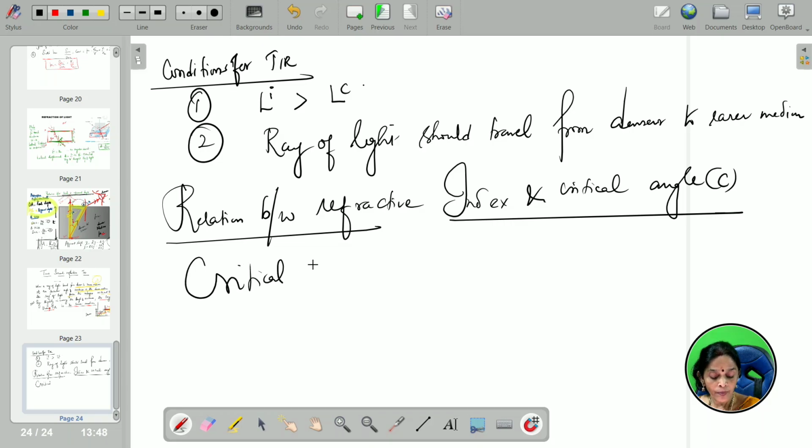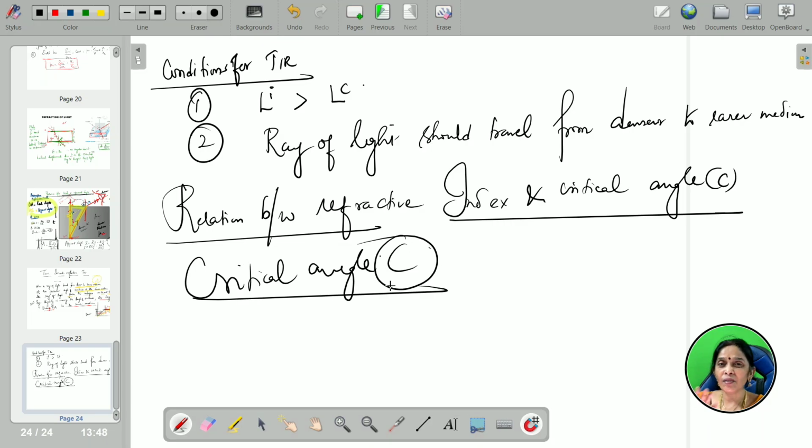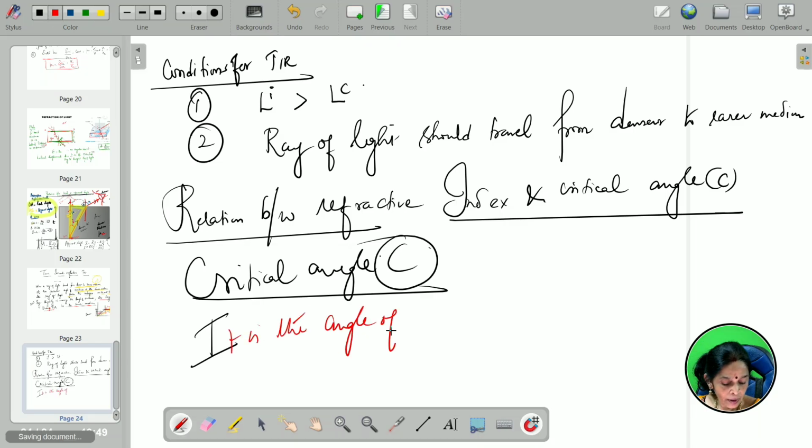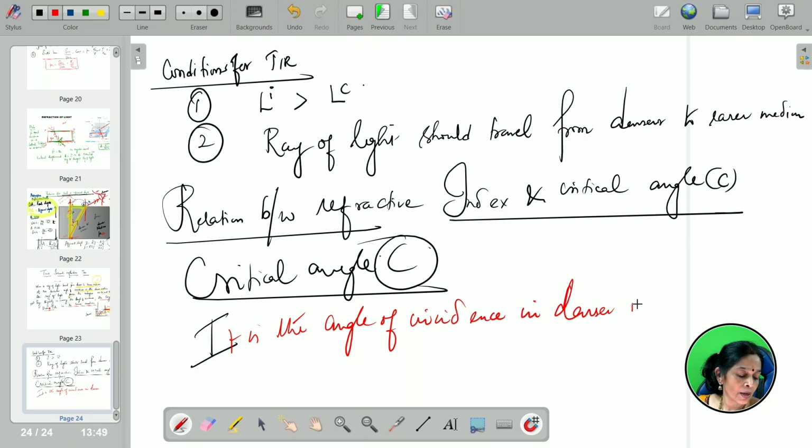Critical means it neither undergoes reflection nor refraction. So the critical angle is the angle of incidence in the denser medium,